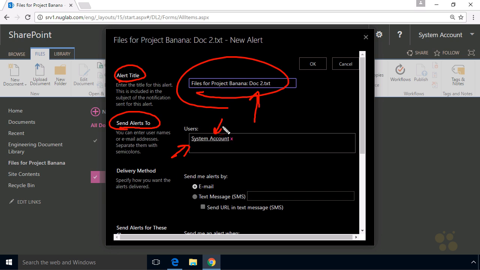Now the system account, I do not have an email set up for that individual yet. So if we wanted an email to really be sent to the system account, there would need to be an email associated with that system account so it can send it to the right destination. And then for the delivery method, we can choose email, or if we have SMS and texting set up from our SharePoint environment, it could potentially send an SMS message, aka a text message, as an alert regarding that file